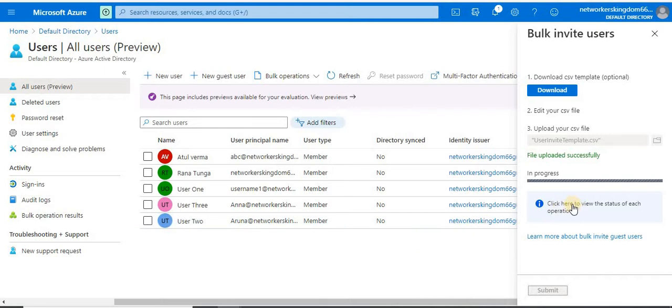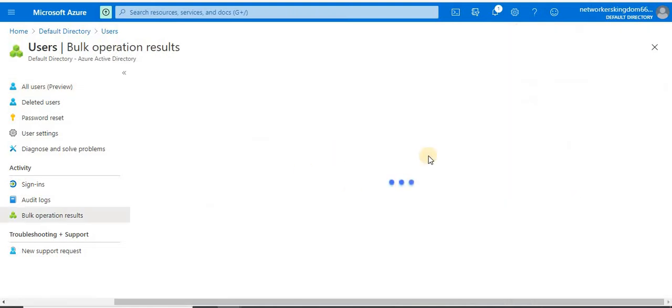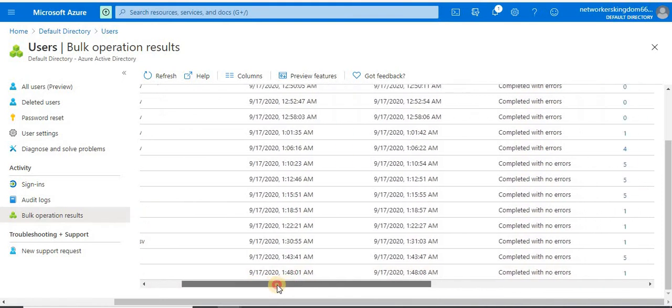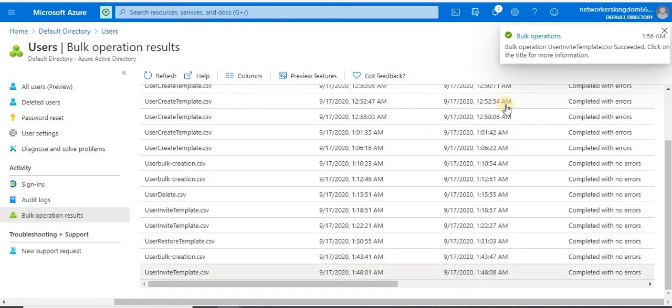It should be successful. Let's click here to see the progress. See, user invite template, and here I got a notification: completed successfully.